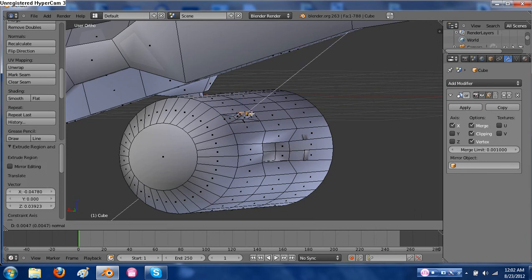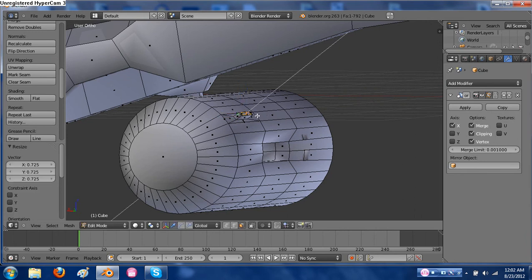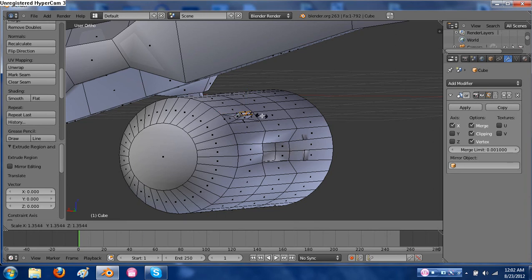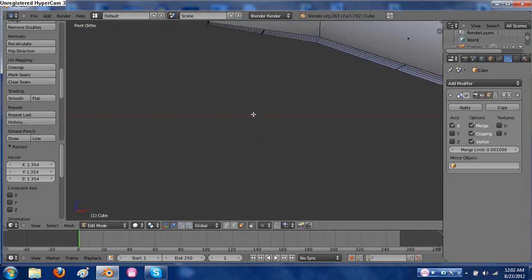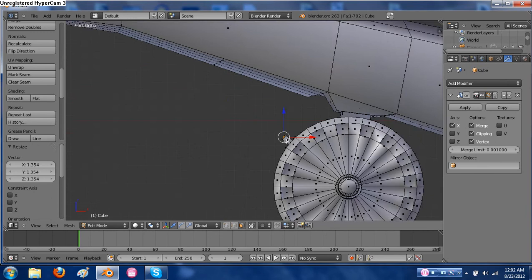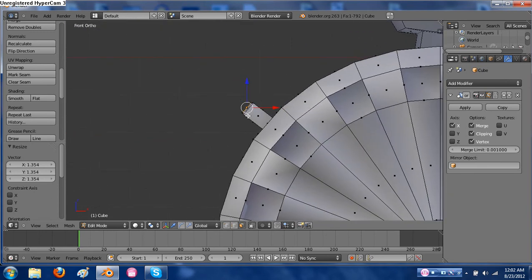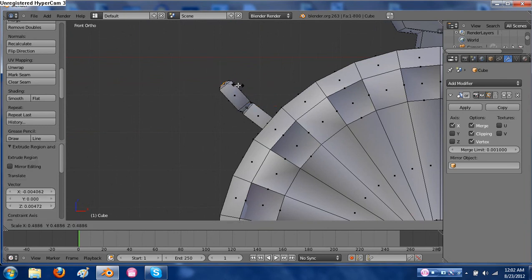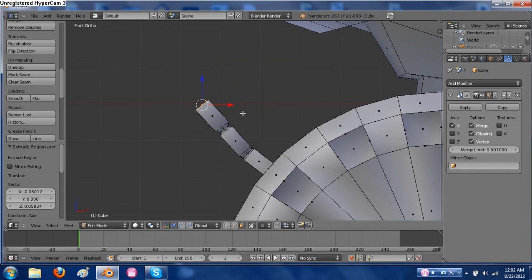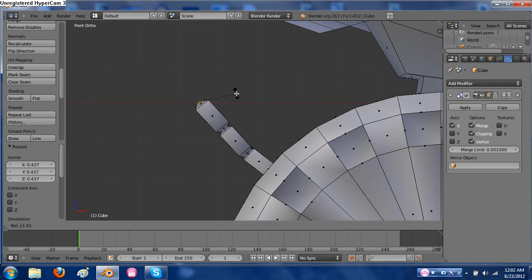So if I extrude this out, extrude a little bit, go down, scale back up, like that, rotate it a little bit, extrude this way, extrude a tiny bit, scale the way down, go this way a bit, scale a little bit back up, scale like this, and then scale like that, go down, rotate,